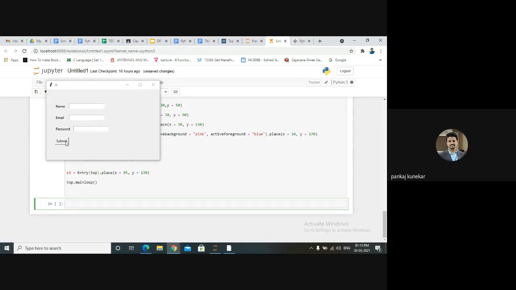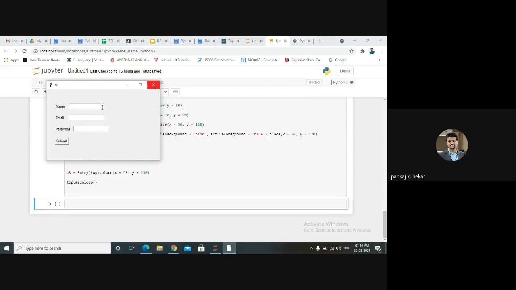And for the button, see how the button is created. Whenever I click on this, your active background is pink and your active foreground is blue, but by default it is gray and black. So when I click, it shows the active foreground, meaning we are clicking it.